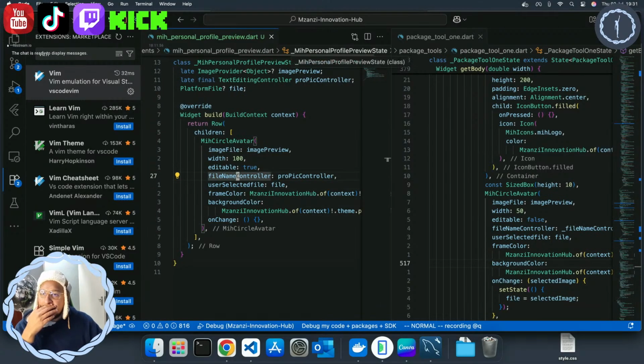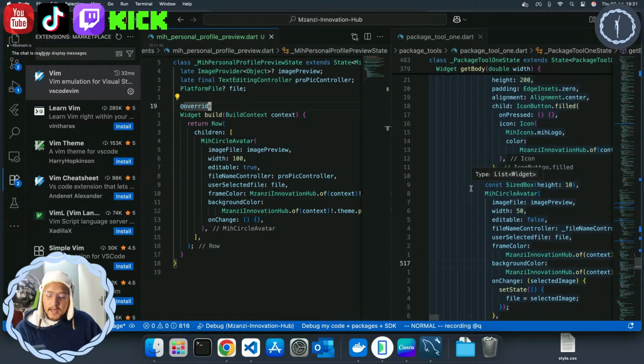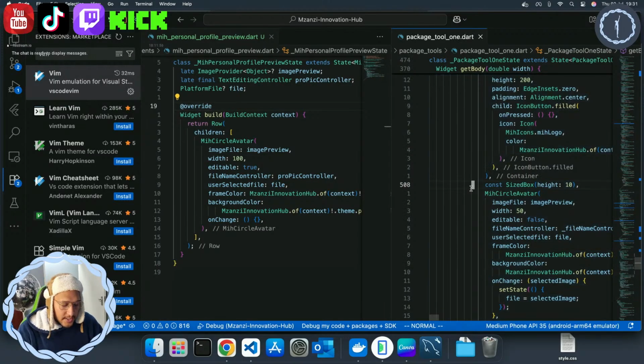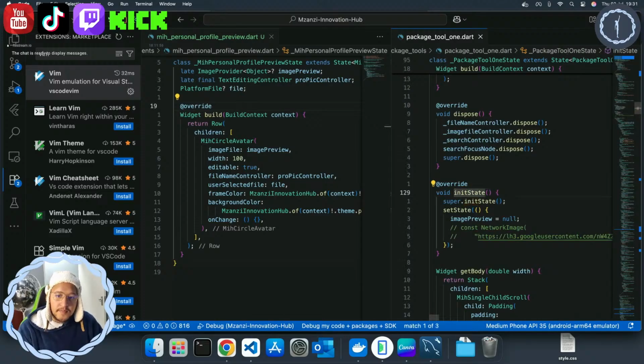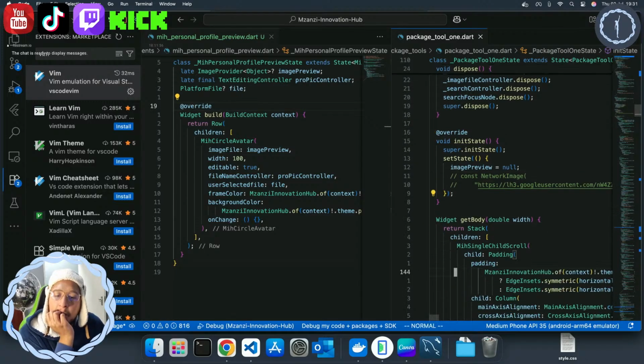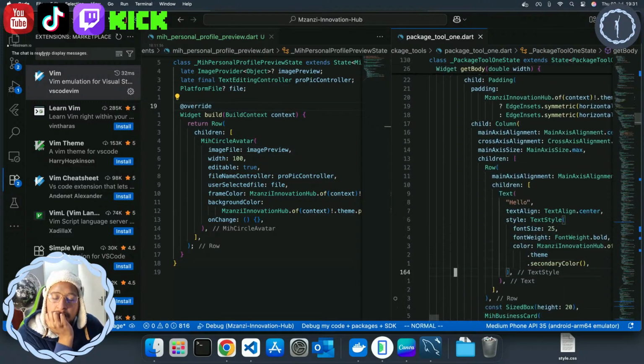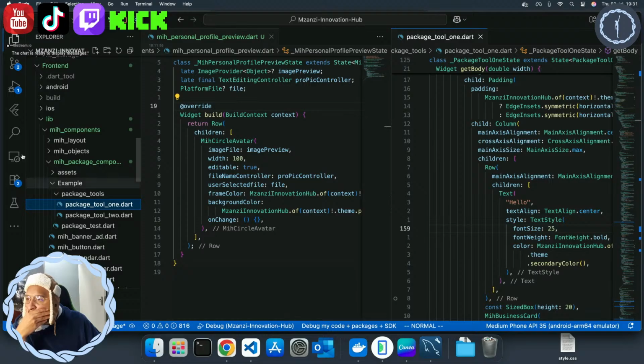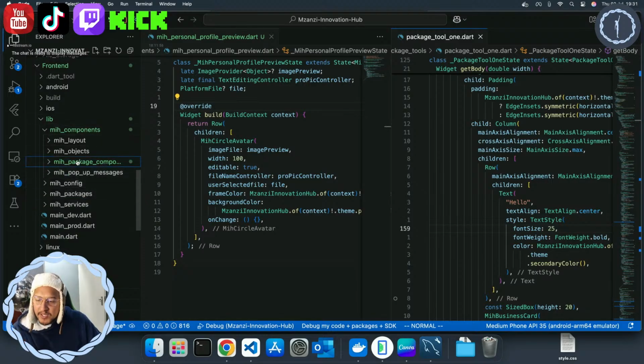So the only thing we have to figure out now is in the init state. So let's search for init. Profile preview is null. I think I have a service to help us with this. All right. So if I go to my service one, you can see I'm using my